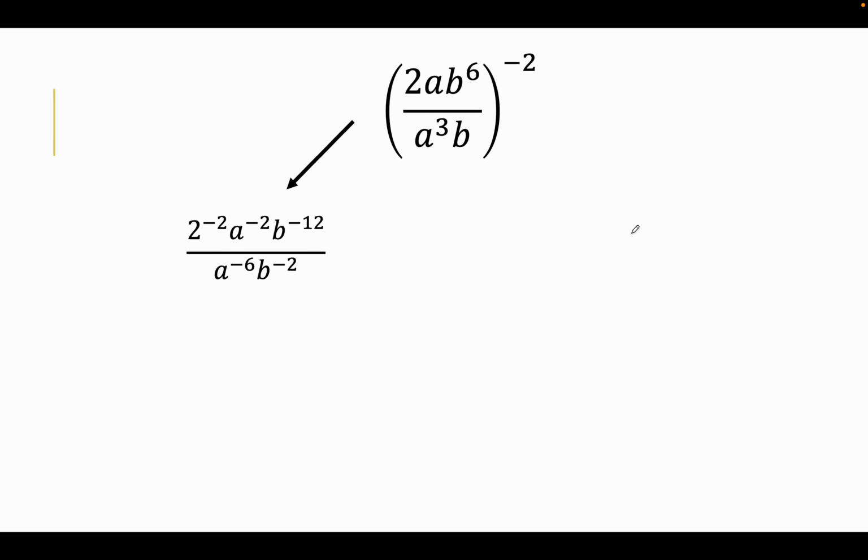So one option is to raise everything to the negative 2nd power. So 2 to the negative 2nd power, a to the negative 2nd power, b to the 6th to the negative 2nd power, a to the third to the negative second power and b to the negative second power. When you do it that way, you have all negative powers. The other option is to take the fraction, the denominator, move it to the top, flip-flop that fraction to its reciprocal, and then take the exponent and make it a positive 2. When you do it that way,